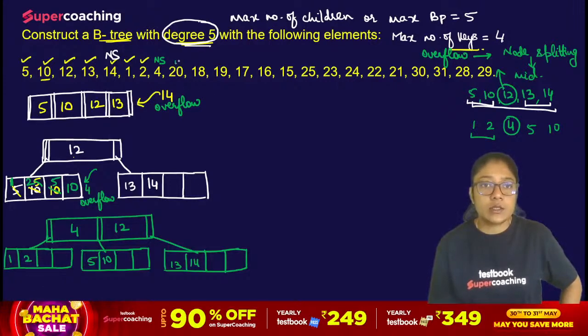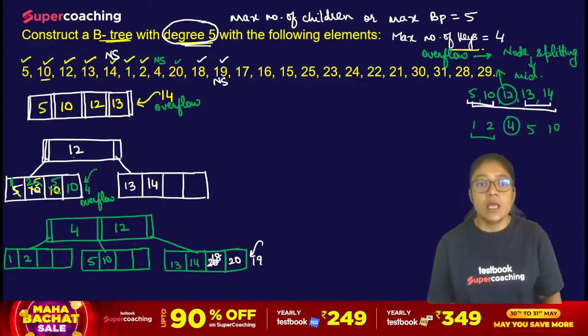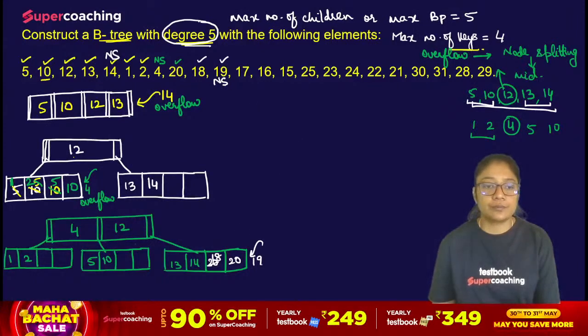Next element is 20. 20 is greater than 4, go to right side. Greater than 12, go to right side. So 20 will be added to the right side of 12. Next is 18. 18 is greater than 12, so it will also be going to right side. So here we'll get 18 and here we'll get 20. Next element is 19. Because of 19, an overflow scenario is coming here. So we will be going to split the nodes. So here the next node splitting is going to take place. So this will result into